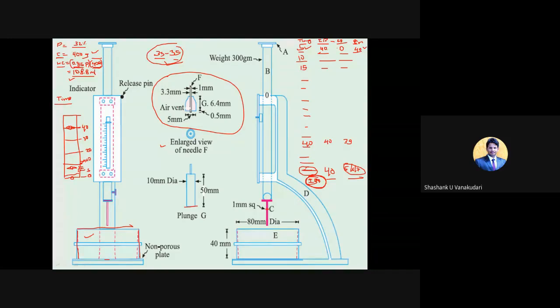So once we place this enlarged view of needle, for every 30 minutes we need to note down the reading. No need to note down the reading here, you just need to release the pin which is attached to this enlarged view of needle, right? So no mark should be available on the cement.